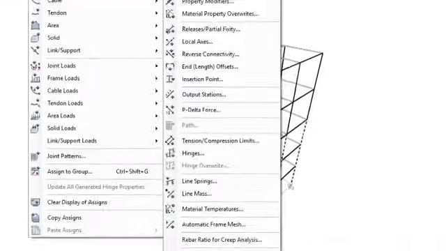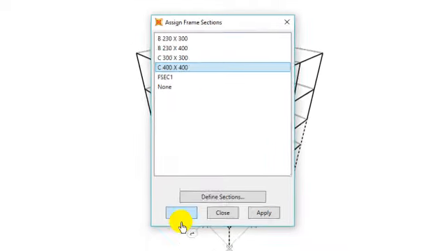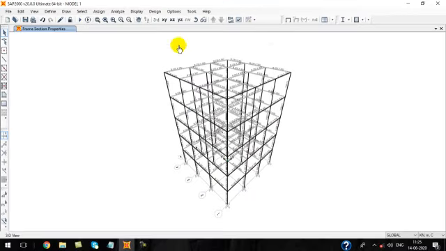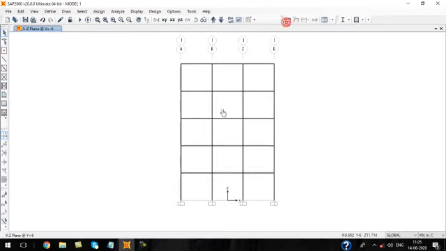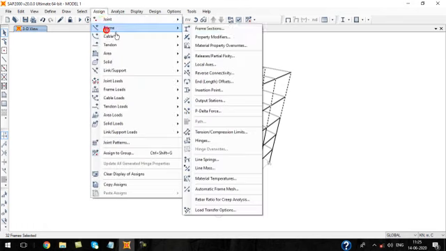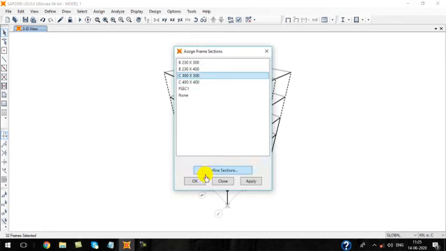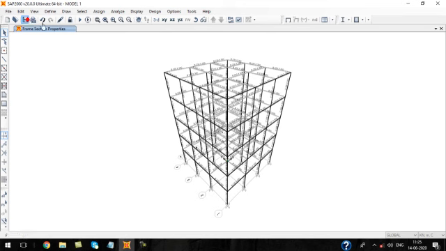Now go to assign frame sections, column 400 by 400, and the remaining top 2 floors. Okay, now that's fine. Now let us assign the load.